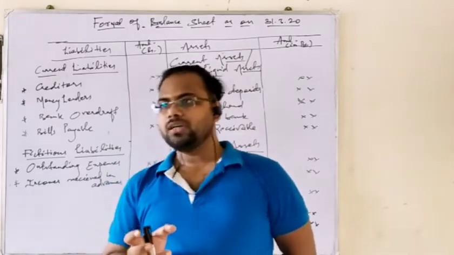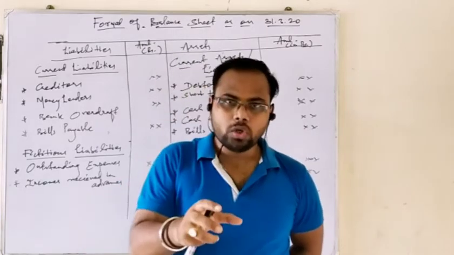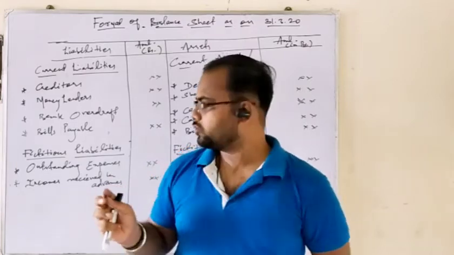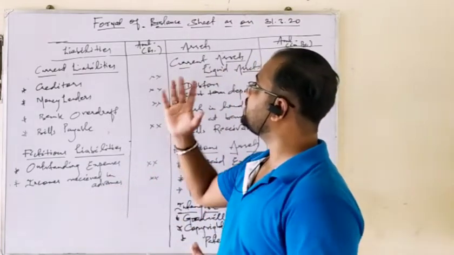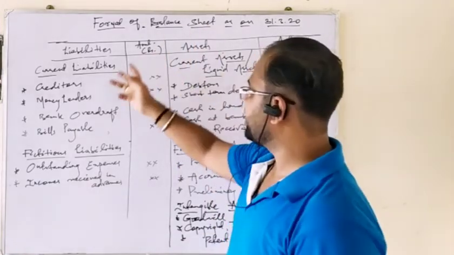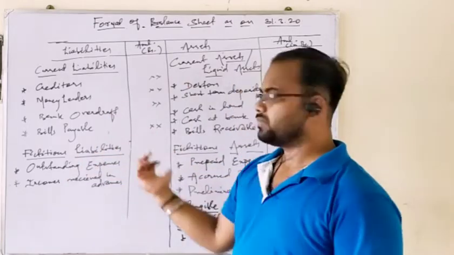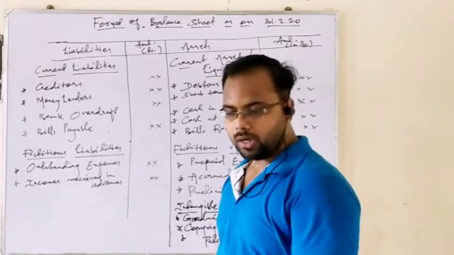And as you know, these types of things rarely exist in a business organization. So these types of assets and liabilities are not shown in the books of accounts. So this is all about the format of assets and liabilities regarding the balance sheet. We have discussed fixed asset and fixed liability, current liability and current asset, fictitious liability and fictitious asset, then intangible assets. So I will write it in short so you can know the proper format.